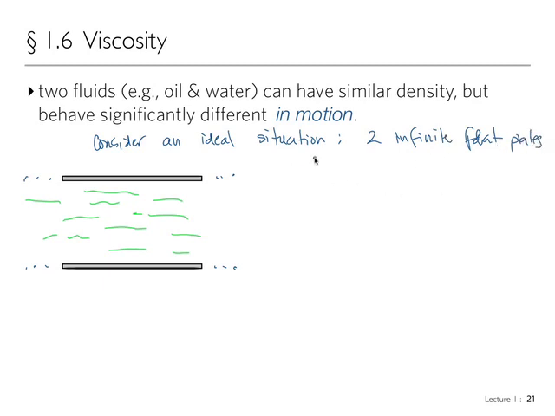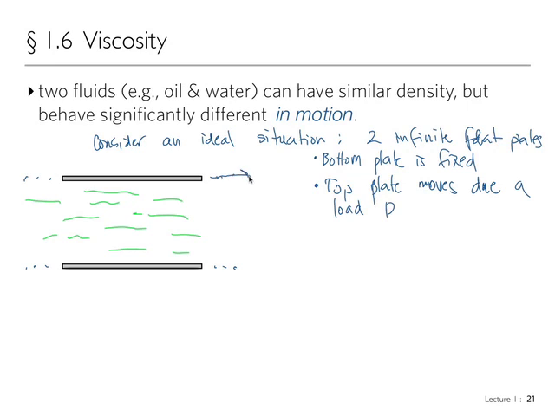Now the bottom plate is going to be fixed, and the top plate moves sideways due to a load P. So this one in the top is going to move due to a load P, and the one in the bottom is at rest. We're going to say that the distance between the two plates is equal to B,